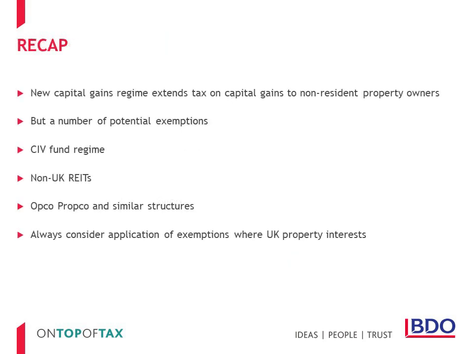To recap on the content of this presentation, UK capital gains taxation has been extended to all owners of UK real estate wherever resident. However, a number of potential exemptions have been introduced, including the IV Exemption election regime and the trading exemption. These exemptions can be full or partial depending on the exact structure of an investment and the nature of investors. Therefore, going forwards, it's important to always consider which exemptions, if any, are or may be available to exempt capital gains arising from UK real estate disposals. These exemptions can be available even for UK tax resident structures.